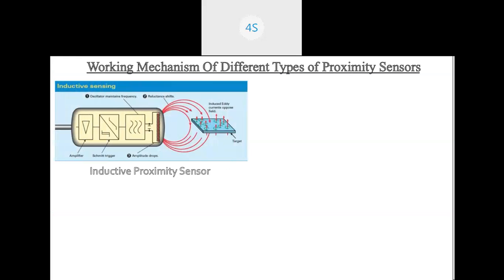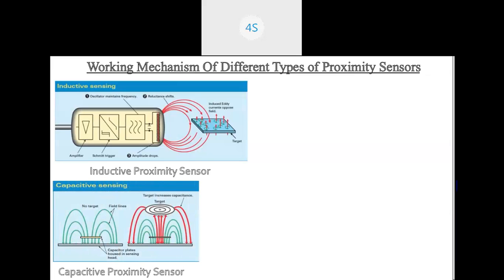Now here we go to different mechanisms or different types of proximity sensor. Inductive proximity sensor. It is mainly used for finding metal targets, which have the property to oppose the eddy currents in the field. So the inductive proximity sensor always emits the eddy currents, which get reflected or opposed by a target, which is mainly a metal. That can help us to find metal targets.